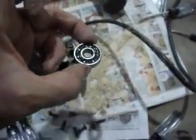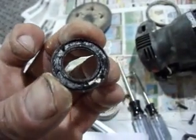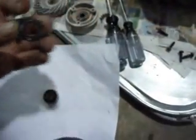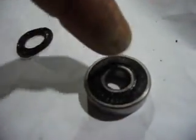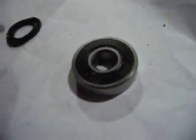Now the problem with mine was this bearing, and it had this cover on it, and I don't know if you can see, but there was dried grease inside the bearing, and it's basically frozen solid. Now you can buy these bearings, but because I'm trying to use it today, what I was able to do was to take a sharp device and go into the bearing from the outside, pry it, and then this rubber part just peels off the seal,